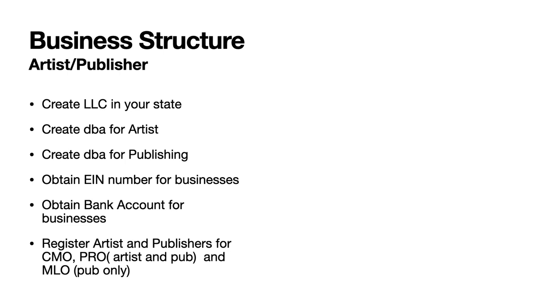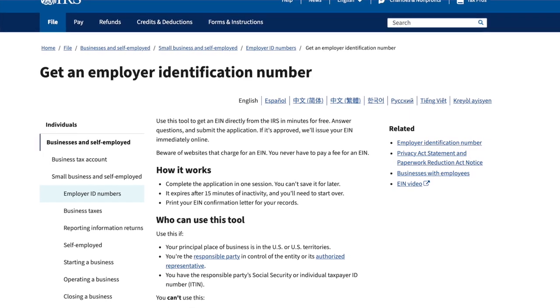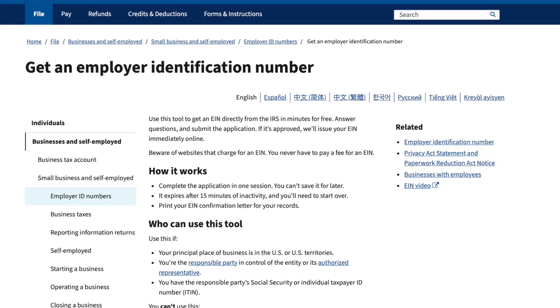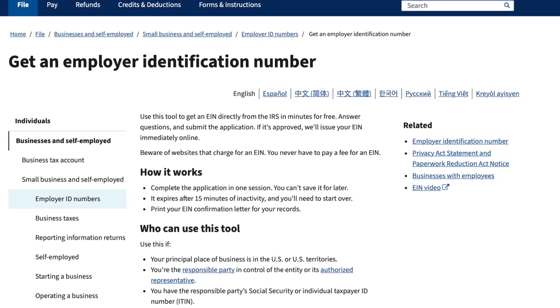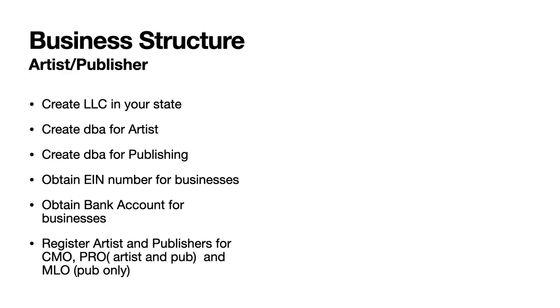All right, if you can, like the state of Texas, you're going to create DBAs. So if you've got a songwriter name, an artist name, a producer name, you're going to go ahead and create a DBA in that name so you can keep your money separate. And you want to keep your artist money separate from your publishing money, because you want to see how these two streams separately are growing year to year. Once you establish the companies, you need to go to the IRS to get your EIN number. Once you get your EIN, employer identification number, you then can go to the bank and open a business account. These accounts are going to hold your royalties from the collection societies.